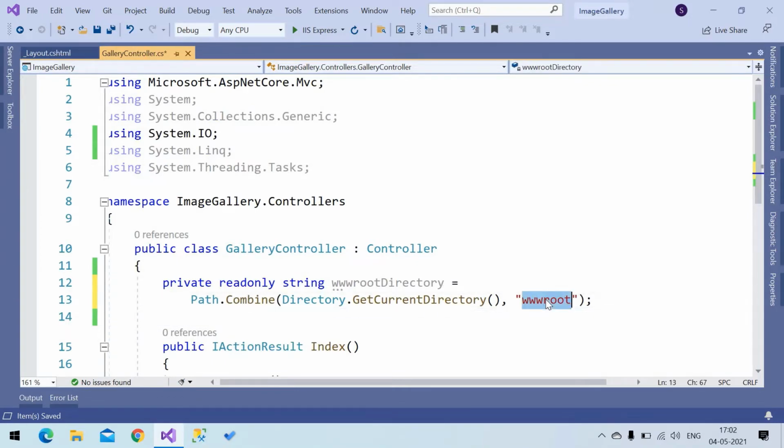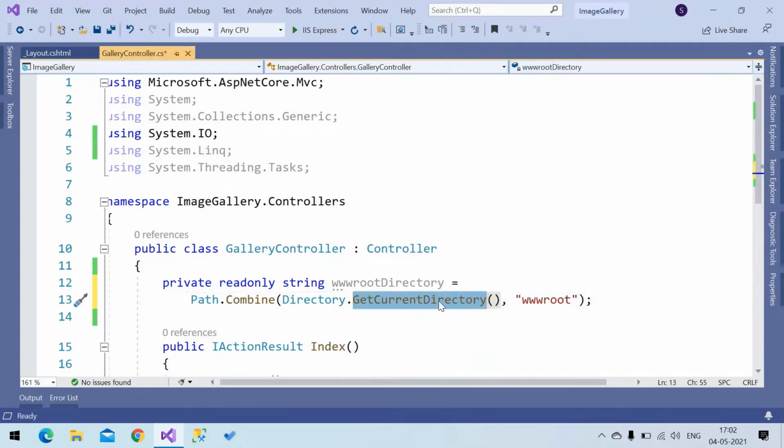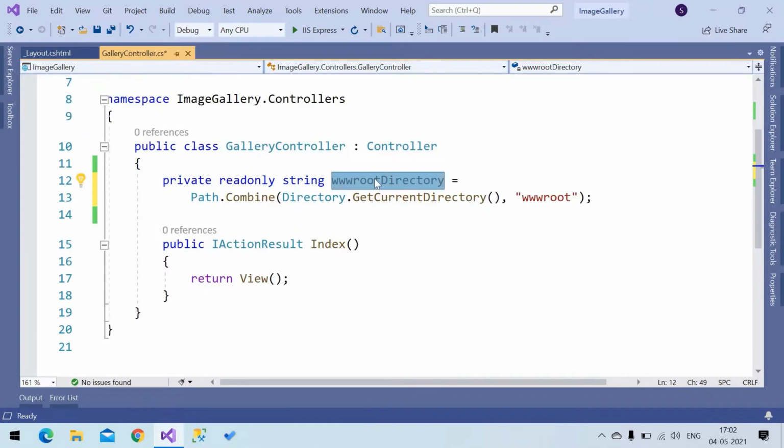So to get into that, I'm reading the current project directory and combining it with wwwroot. Okay, this is my combined path. I'm going to save files to this path, and I'm going to read the files from this path.